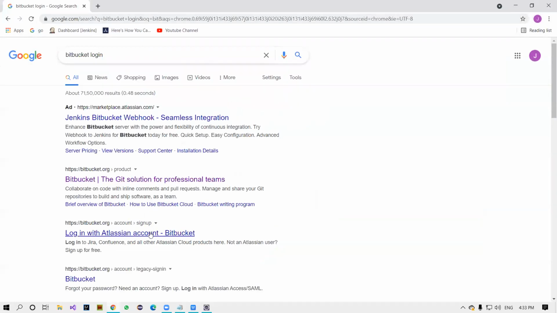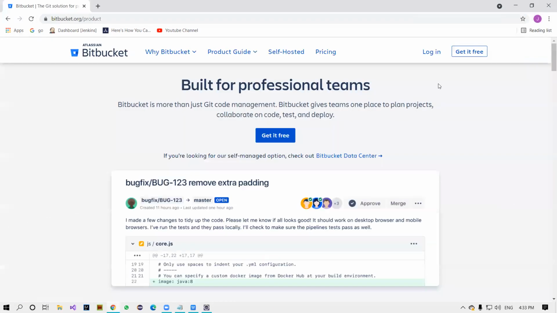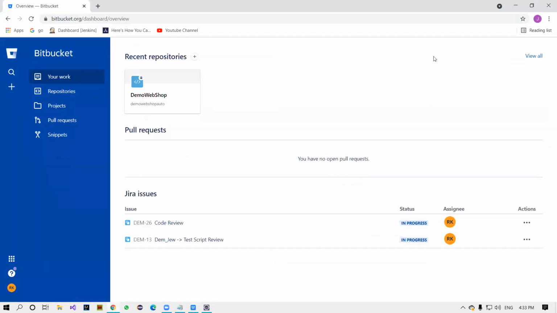So you don't need to create any Bitbucket account for this, because you definitely have the Bitbucket repository in your project, or it might be a GitHub repository. If you're a new learner or an outside learner, you can directly log in with any Gmail account. Okay, you can use it. It's free of cost. And yeah, let's go here.